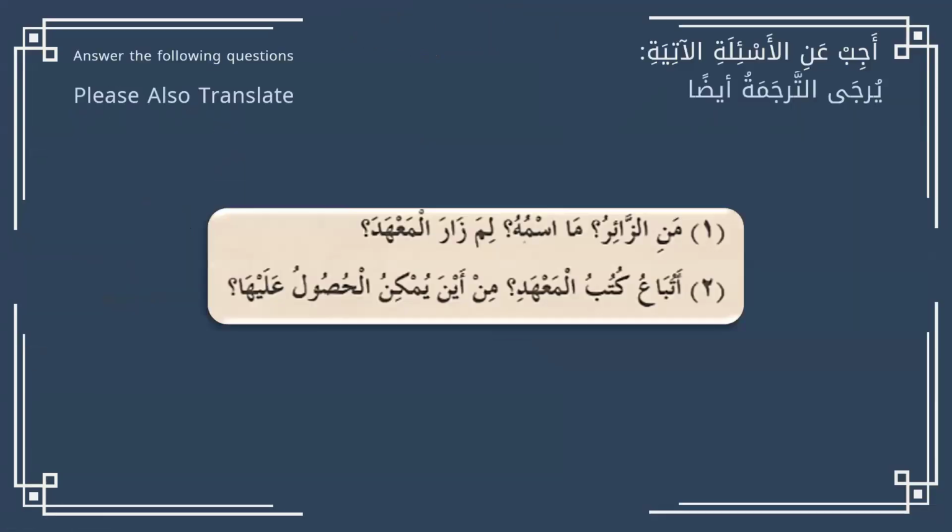Next exercise, simply answer these questions. So the first one is for Sister Marine. Second one is for Sister Naila. First, translate the question, and then I can give you the answer also in English, and you can translate that into Arabic. But these are the two questions from the conversation that the teacher and the students had, or the visitor had. So, Sister Marine, this first one is for you. Second one is for Sister Naila.